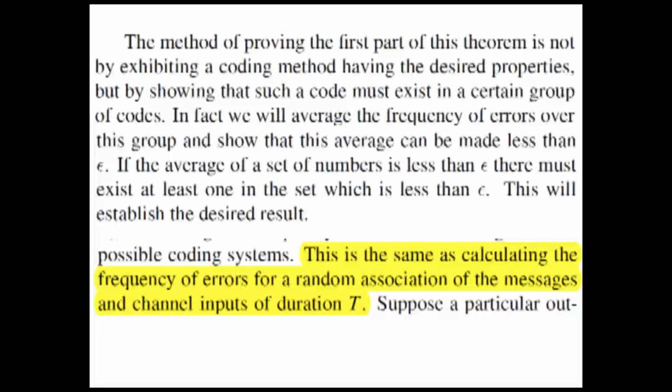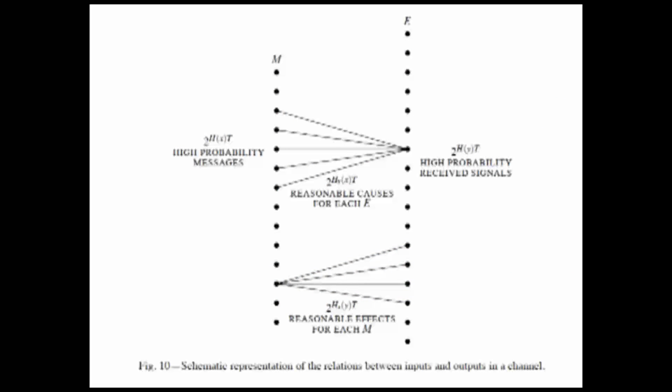That's the whole idea of the probabilistic method. So then he uses that here, in an embodiment that says, I'm going to average error probability over all possible codes, and if I find that the average is less than some number, then there must exist a code whose error probability is less than that number. Now, again, he didn't do this with all the epsilons and deltas.